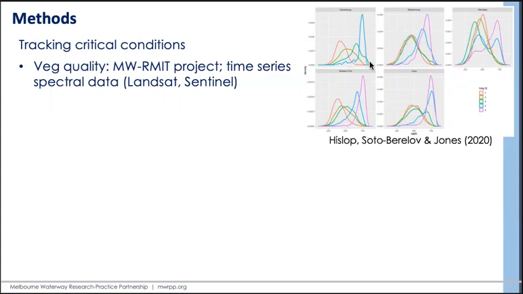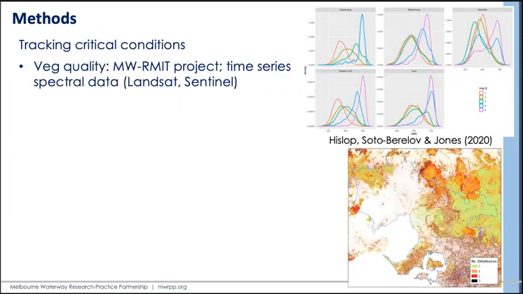These graphs show the indices for the 5 major catchments across the Melbourne Water region. As you can see, 4s and 5s are very distinctly separated from the 1s to 3s. And trend analyses were quite promising for identifying disturbance events and highlighting potential problem areas for further investigation on ground. So for example, this map shows the number of disturbance events over a 30-year period as detected through analysis of the spectral data from the Landsat satellite.